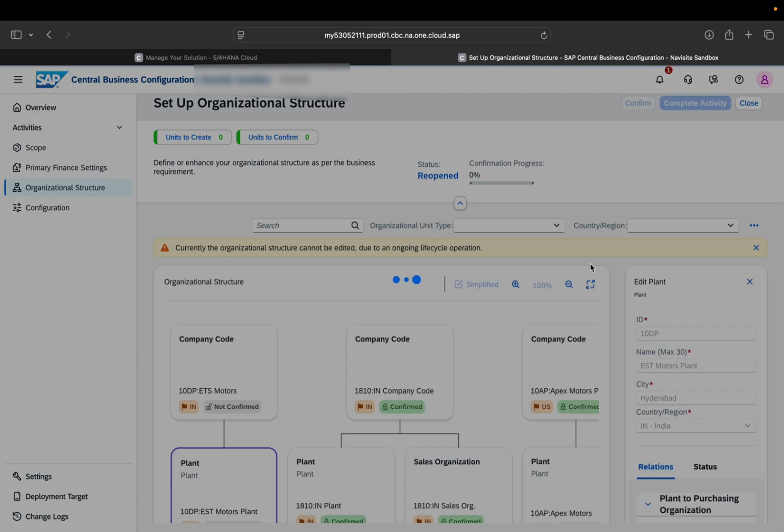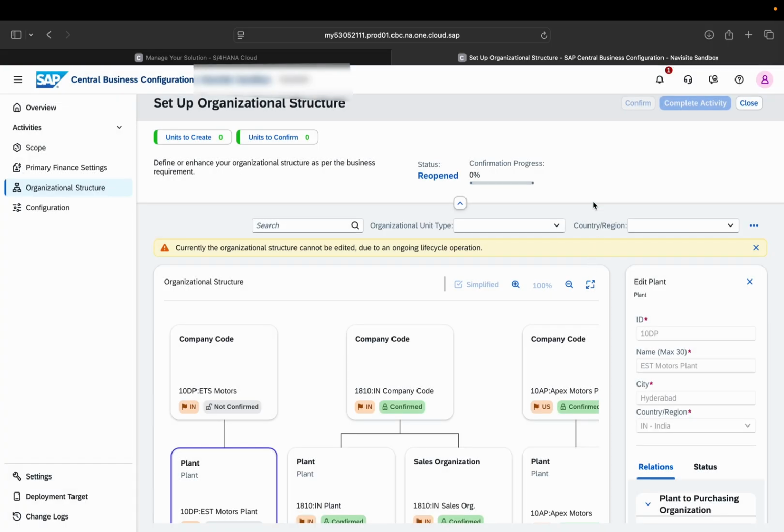Once we click on confirm, system will take some more time to confirm the entire process. You can see that confirmation progress is 0% right now. So this is how we are creating the company code setups, org structure setups into the SAP public cloud. Okay, and it will take some time, 10-15 minutes. Sometimes it takes more than the expectation. Sometimes even it gets completed within the shortest period of time.